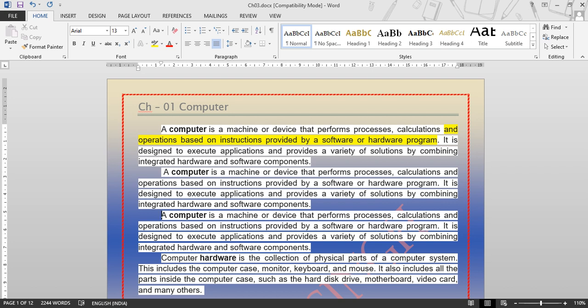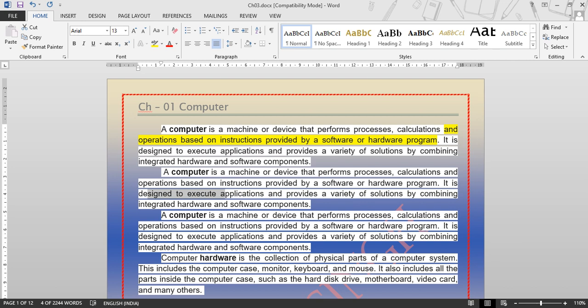First of all, by using the arrow keys, move your pointer to the starting position from where you want to start your selection of text. Press the shift key and the right arrow key to select to the right side. Similarly, press the shift key and the down key to select multiple lines. Shift key and up button to select upward. Shift key and the left button to select to the left side.